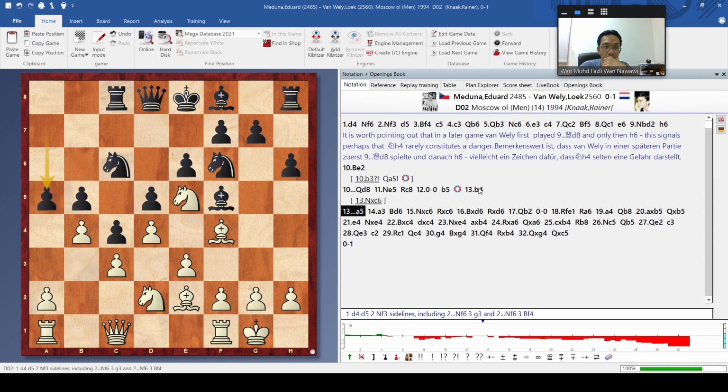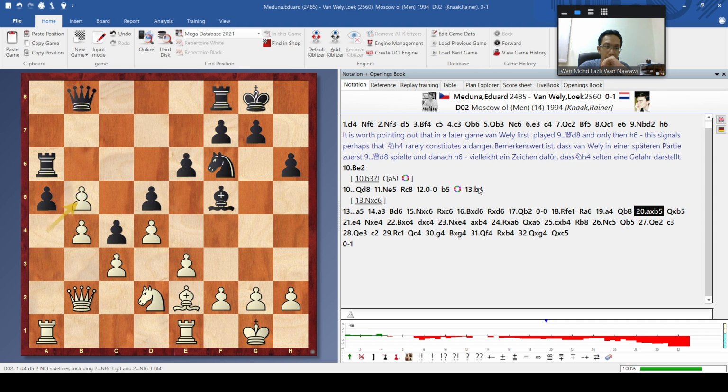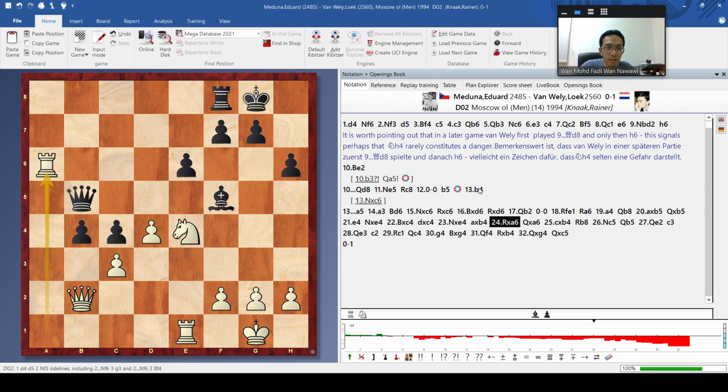So black will open the queen side, and then play here. Because of this, you try to sacrifice, because white is quite suffocated here, right? The position of white is quite suffocated, so it's not really a sacrifice because you can just take this. But we can see now the idea for black is to try to play on the queen side. This is what we call the queen side for black.